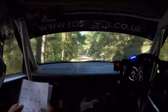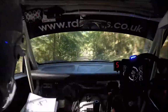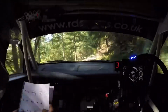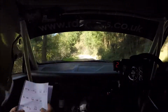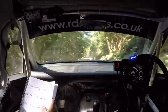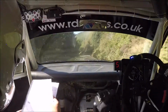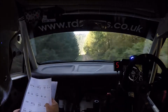into 2 right over crest, 150 line, 2 left, into 8 left, 4 right, don't cut, 150 line, 8 left, 4 right, 100, 2 left over crest, 200 line, 4 left, tightens, narrows in, 200 line, 4 right,